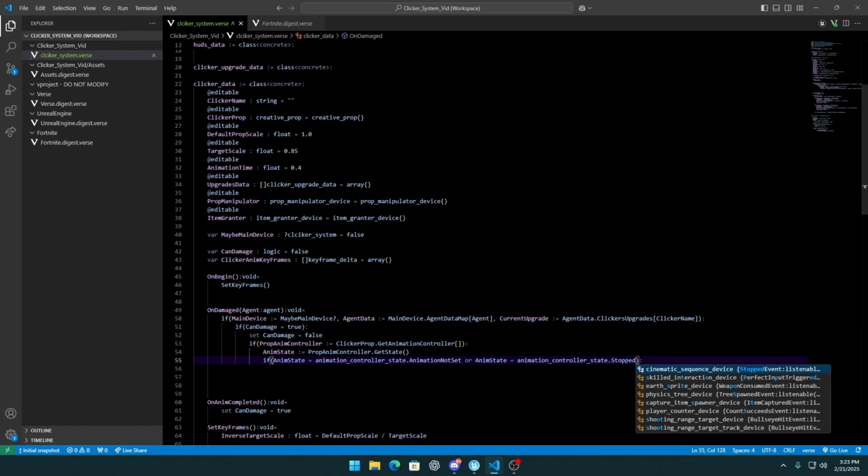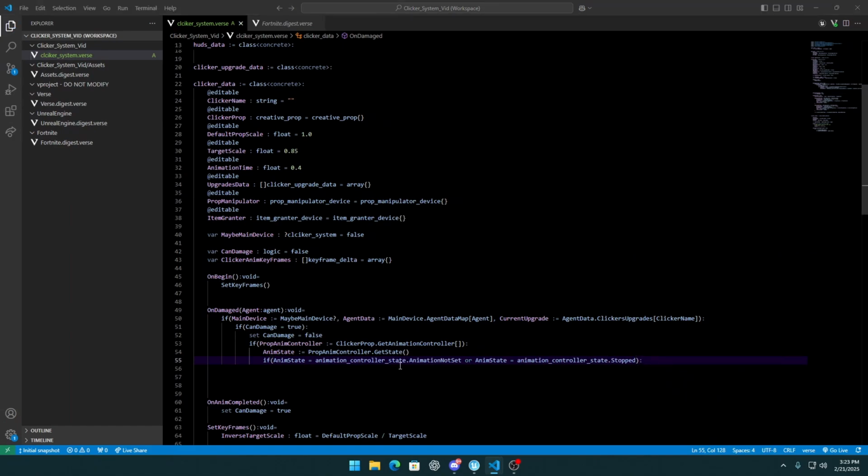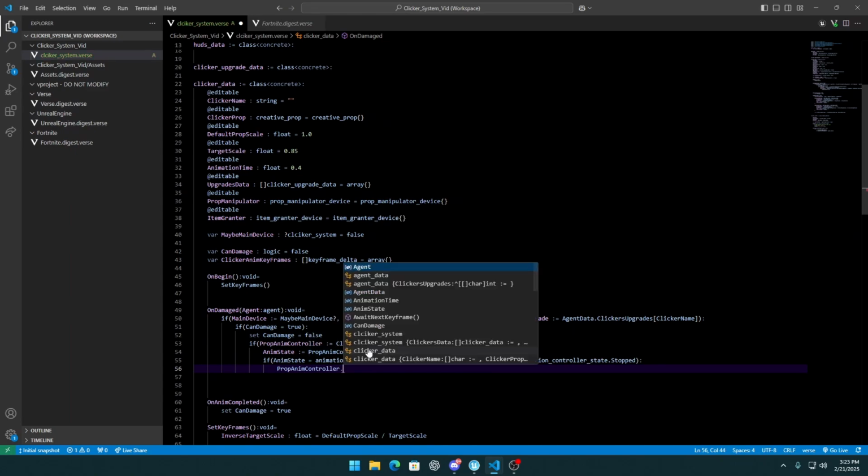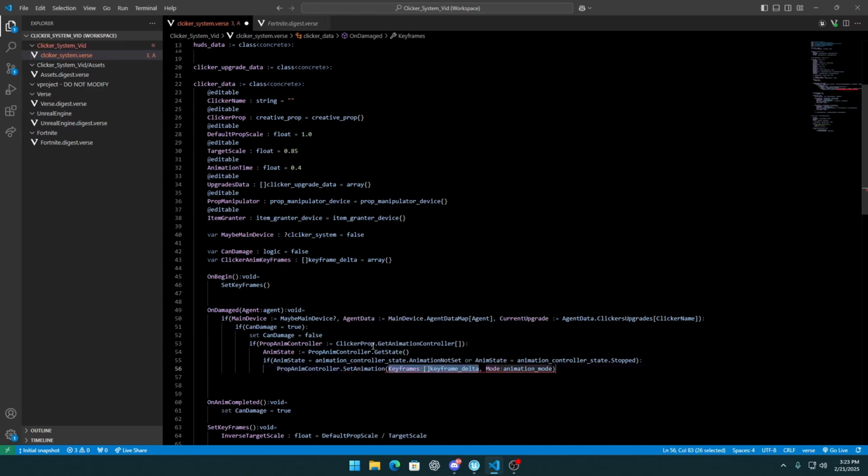Okay, and after that we want to set the animation, so prop anim controller set animation, and our keyframes is clicker anim keyframes, and mode is